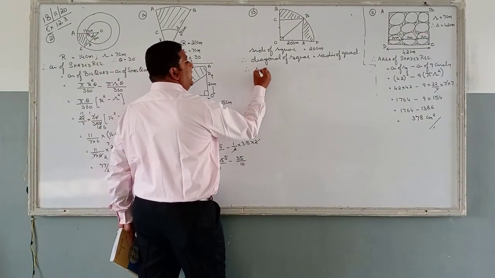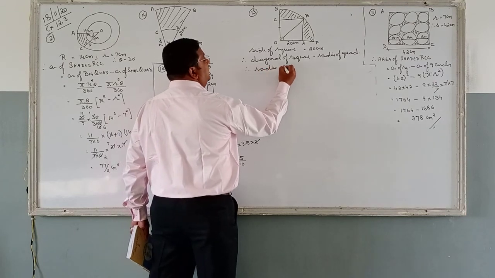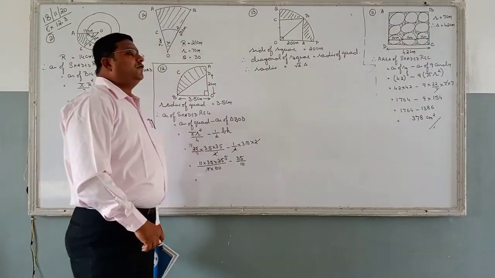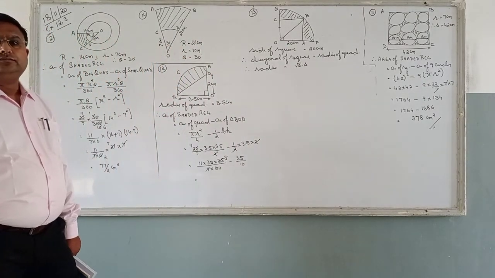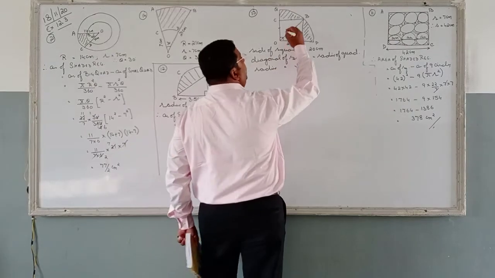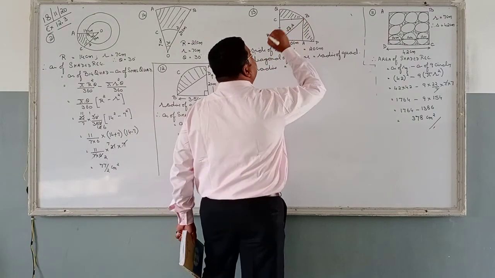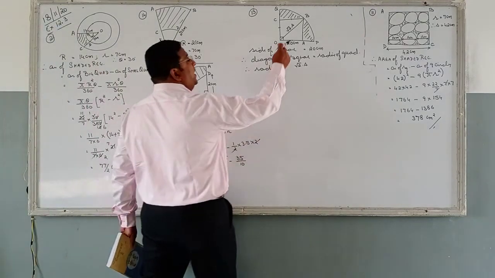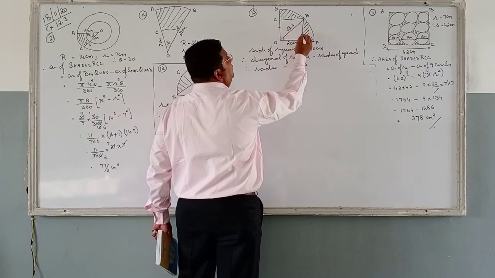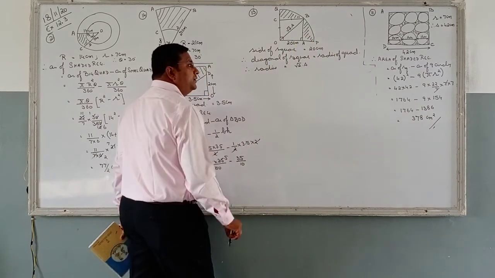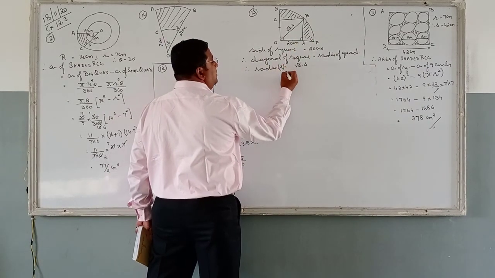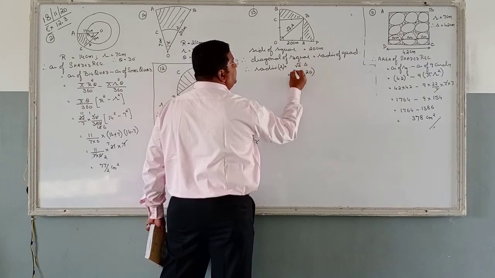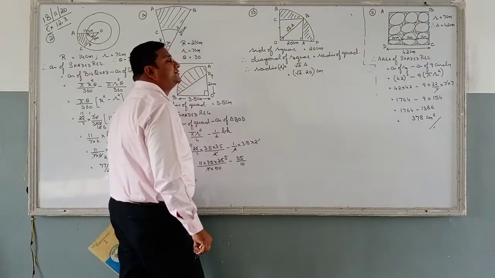So therefore, radius is equal to root 2 into s. That is the formula for diagonal of square. We all know. What is the formula for diagonal of square? Root 2 into s. We can also find out with the help of Pythagoras theorem. We can see that square of the hypotenuse is equal to the sum of the square of the other two sides. We can use that also. So radius r is equal to root 2 multiplied by s. How much is s? 20 centimeters. So this is the radius.